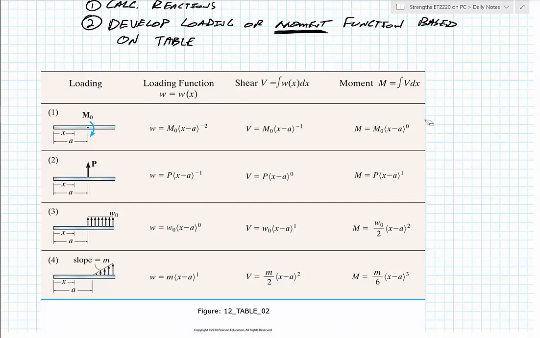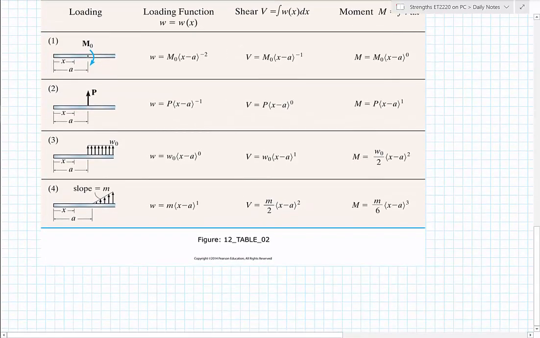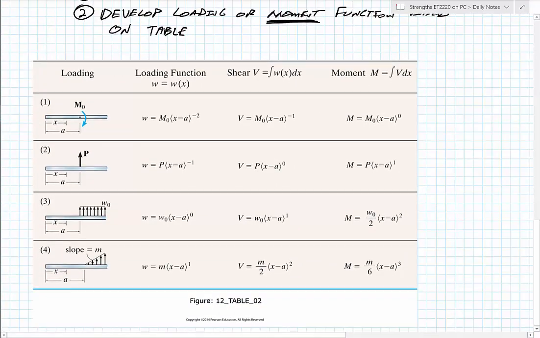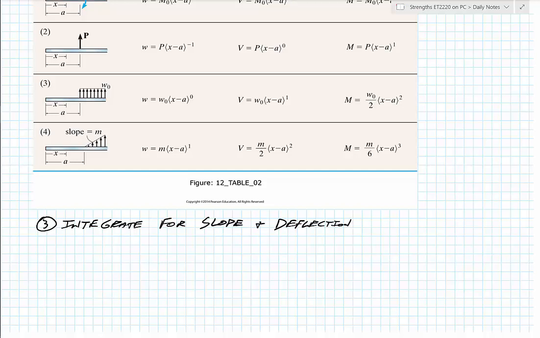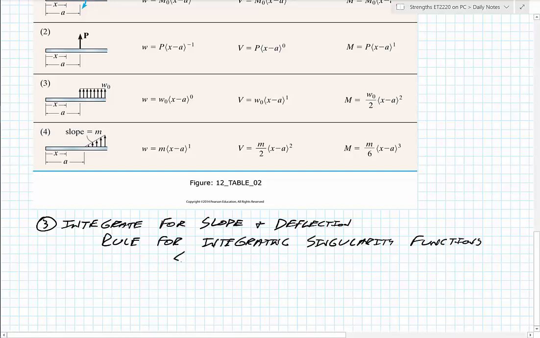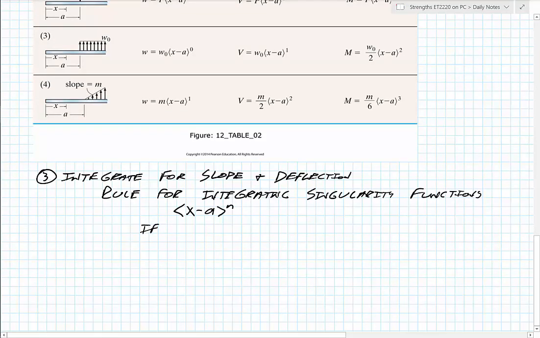But before we do the example, let's talk a little bit about the third step. After we have our moment function, the third step is to integrate for our slope and deflection. Now, when we're integrating the singularity function, we have to take into account one fundamental rule. And that rule is, if I look at my singularity function, x minus a to the n power, if my n is less than 0, so n is negative,